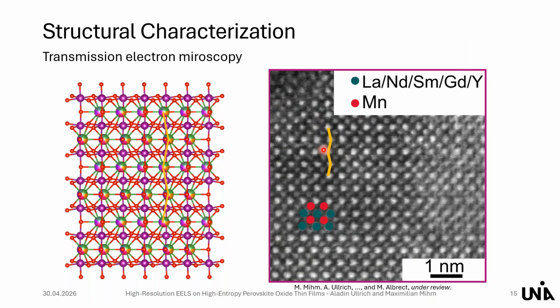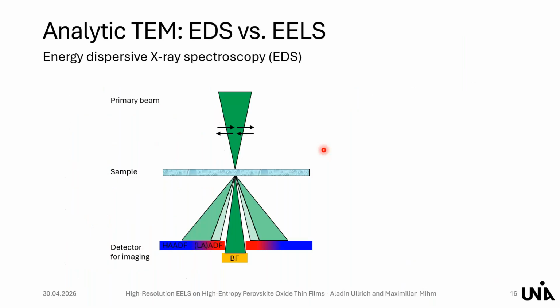So let's begin first with a short repetition of the scanning mode of a transmission electron microscope. So when you're doing STEM in such a microscope, you have a very focused electron beam. It's focused to a very small spot and rastered then across the sample, indicated by these black arrows. So by this, you get a very high intensity of the beam on a very small spot on the sample. What's important, as you will see later on, is that this very intense beam can also damage the sample. And to control this is very important.